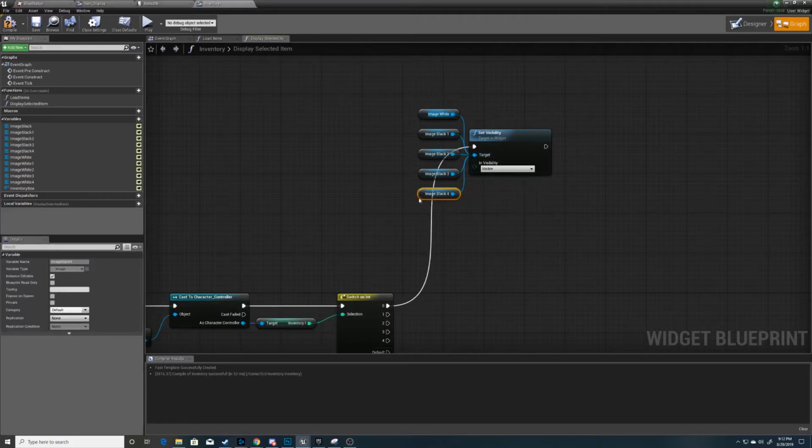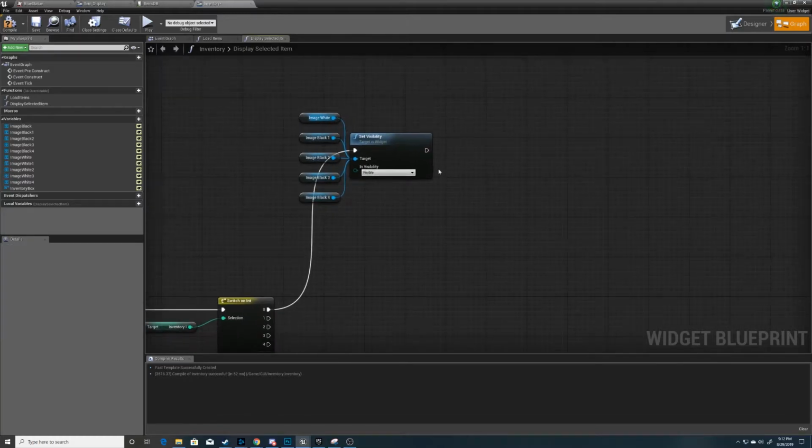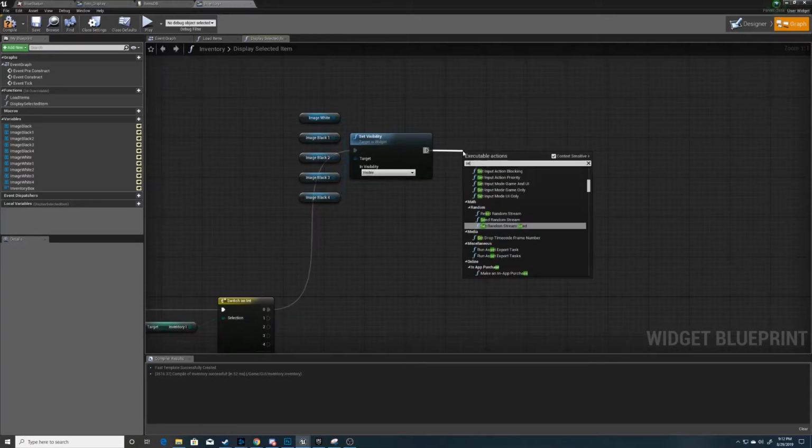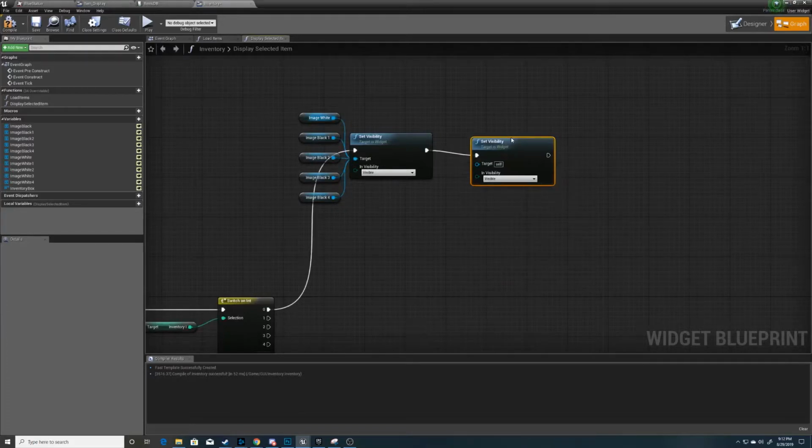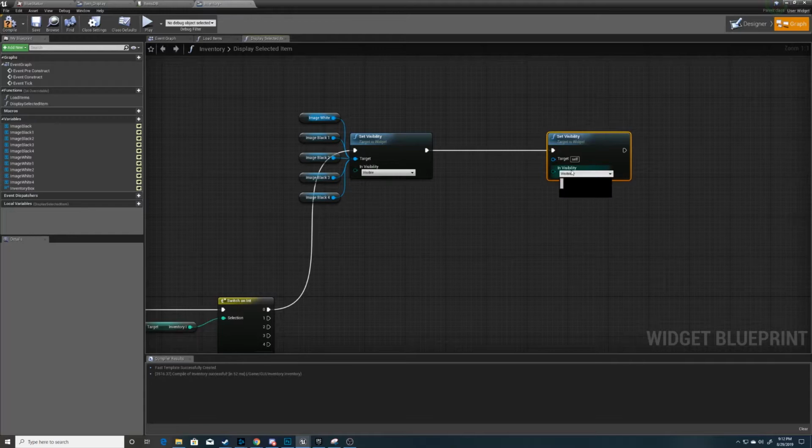And this will set all of the backgrounds to black except for the one that we have selected, which would be 0. And then from there, what we want to do is set another visibility, and this time do the reverse. So this time we want it to collapse,